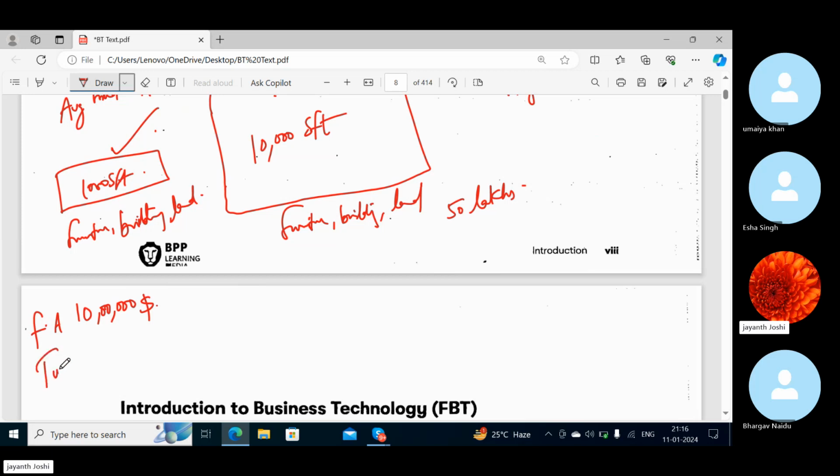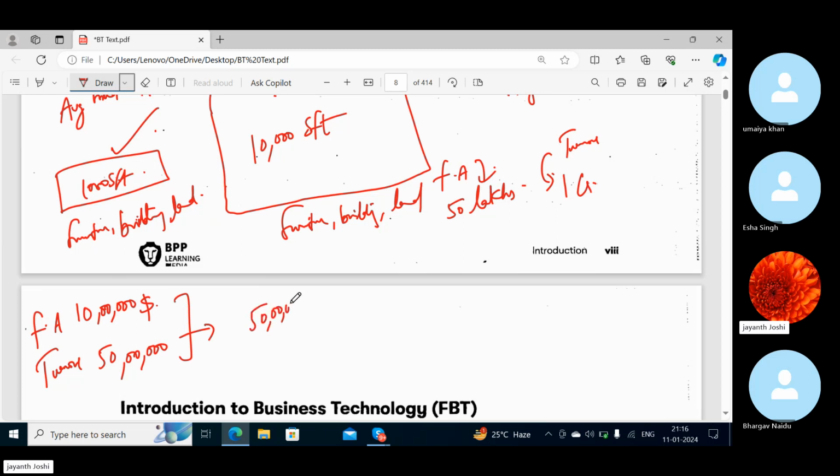The turnover you are generating there is 1 crore. So fixed assets have a valuation of 50 lakhs and the turnover is 1 crore. Now if I put this in the ratio, my ratio happens to be